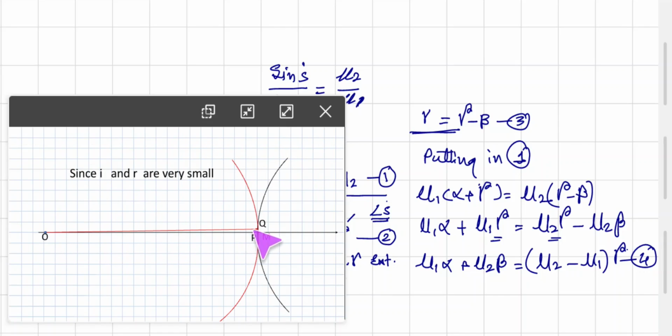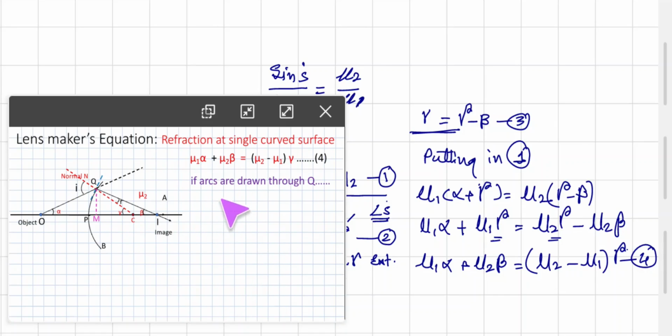Now we are drawing an arc from point Q. So you can observe that the point which we have drawn from Q to the optical center, that is M, and P are very close. So remember that is why we can say the distance between P and M is almost negligible. That is an important thing we should understand. So if the arc is drawn, we can say that the distance between P and M is very small, that is negligible.